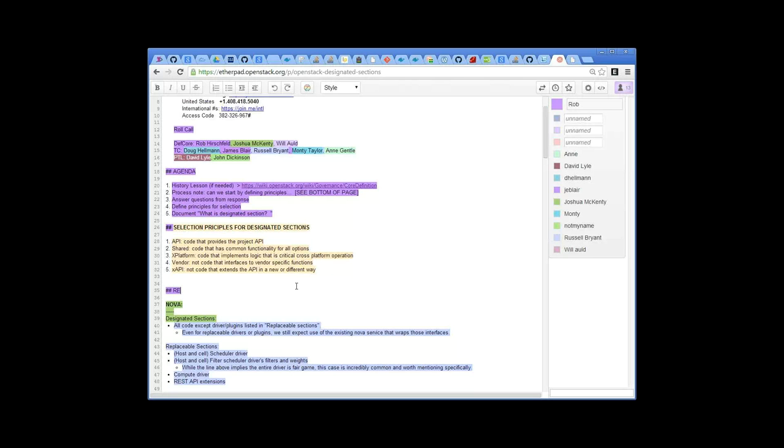Oh, I see. So you're saying those are 5 classes of things that should be designated sections? Or some of those should be and some of those should not be? This was sort of my straw man for what the principles are, just like you did a straw man for the designated sections. So what I was thinking is, you're looking at a module, right? We're trying to be big bucket, big ticket items. If that big ticket item is a yes to all 5 of these, then that's a designated section. If you're a no to all 5 of them, then it's not. And so, just like we do criteria for test capability, it seems like a scoring mechanism.